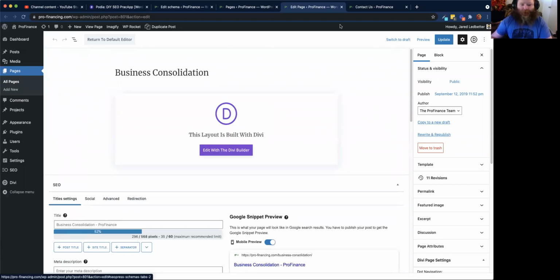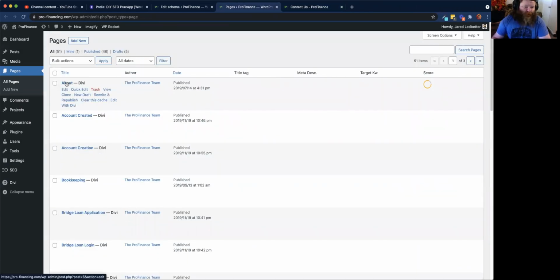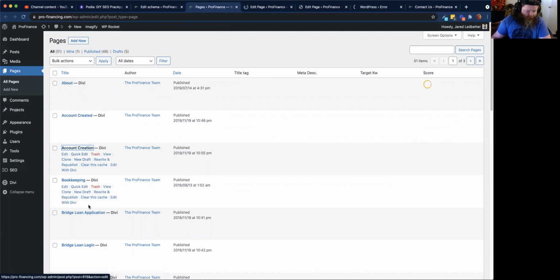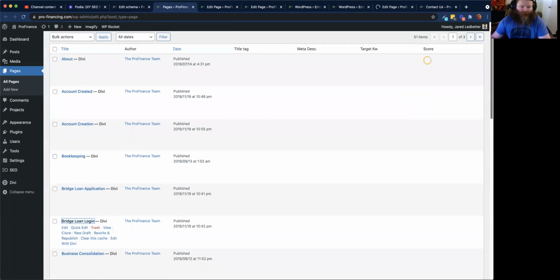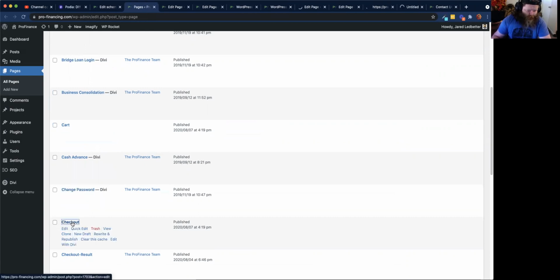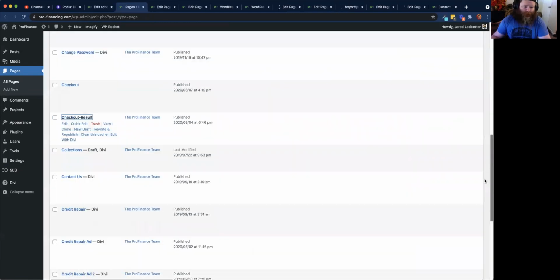So on another page, we would want to disable it. So we'd have to go through all of these pages, like about, account created, all of these, this application page, a login page. Let's see, cart, okay. Change password, checkout result. I still don't know why those pages are here, but